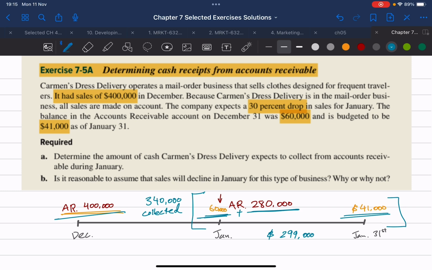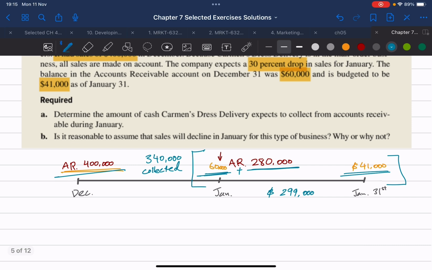Okay, now just to remind you, this is not how you should solve this, but I'm just trying to help you visualize and understand what's going on. So let's go ahead and start with our answer. I'm going to say A. We're going to do similar to what we've done on the timeline here, but we're going to put it in a proper format. So we're going to say accounts receivable